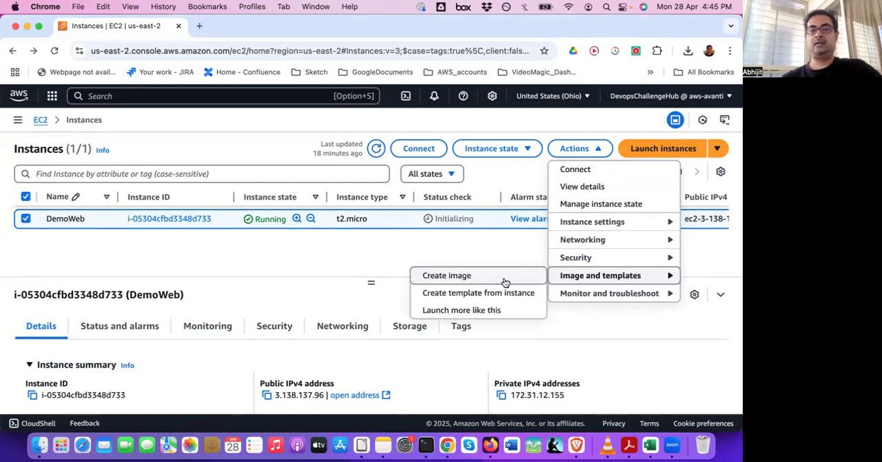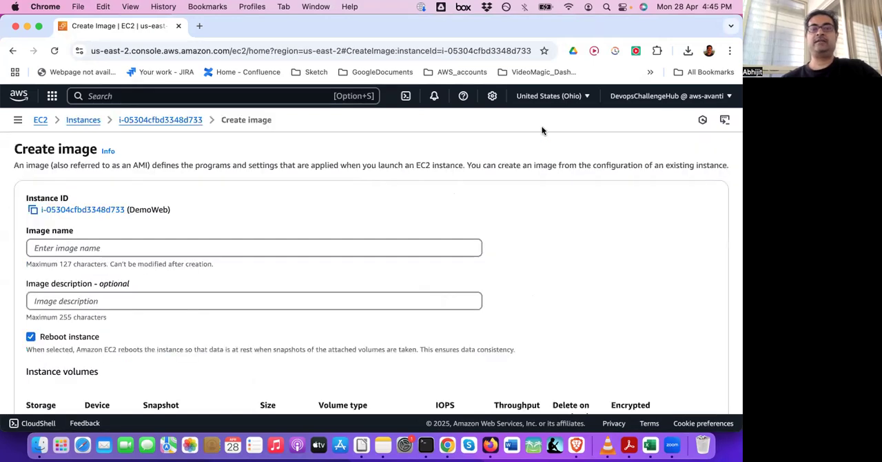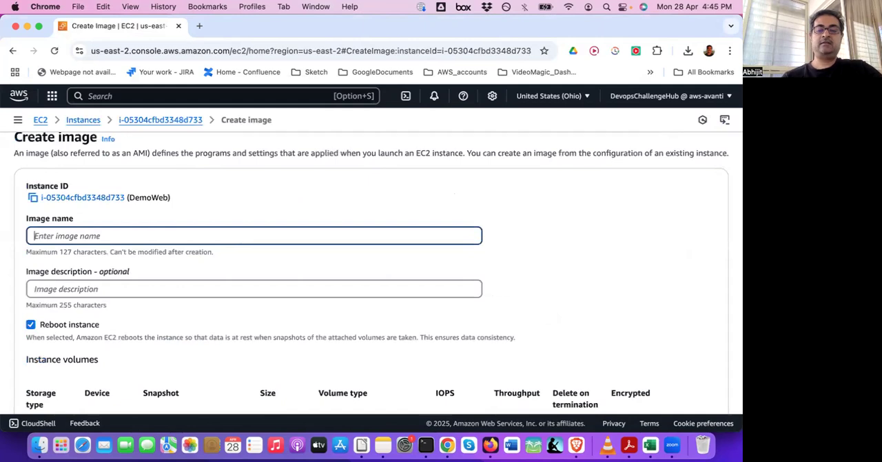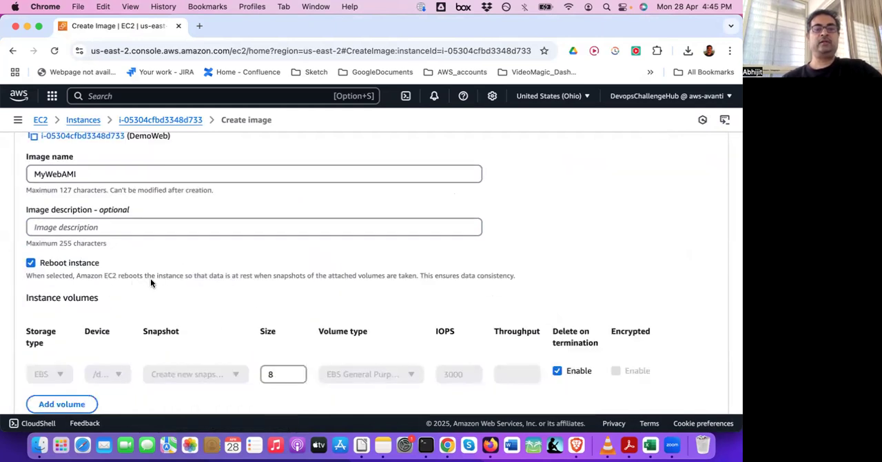And then I can create here, let's say Create image. Note this is region specific. It's in the Ohio region. So if I go to some other region, then this AMI won't be available. For that, I have to explicitly copy it. For the image name, I can give some name, like my web AMI, and an image description. When selected, it reboots the instance so that data is at rest when snapshot volumes are taken. This ensures data consistency. Without this also I can do it,